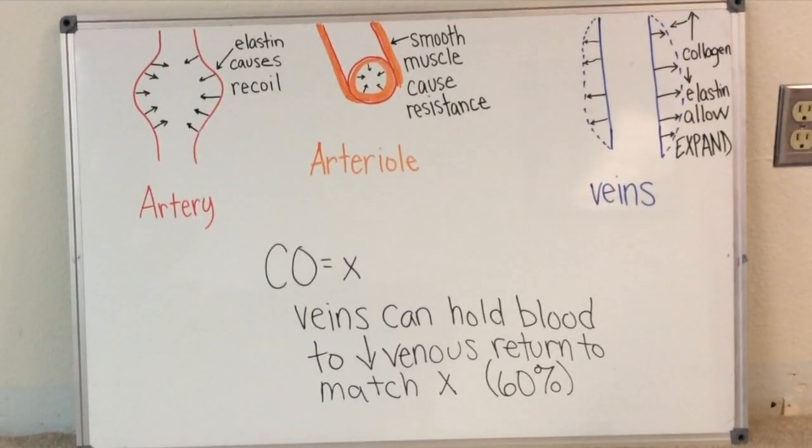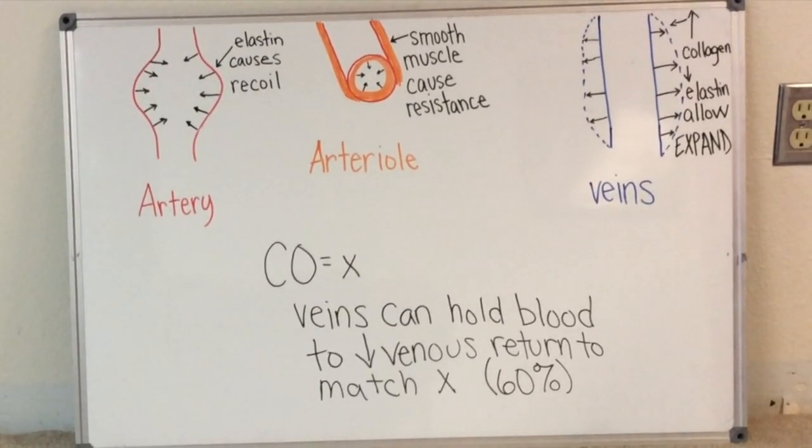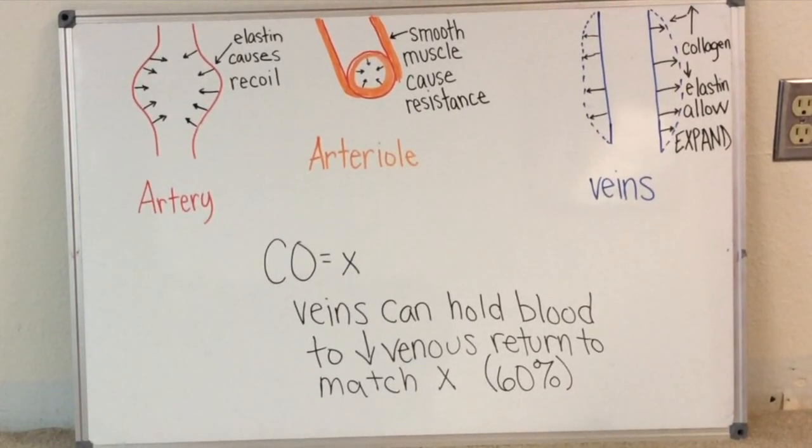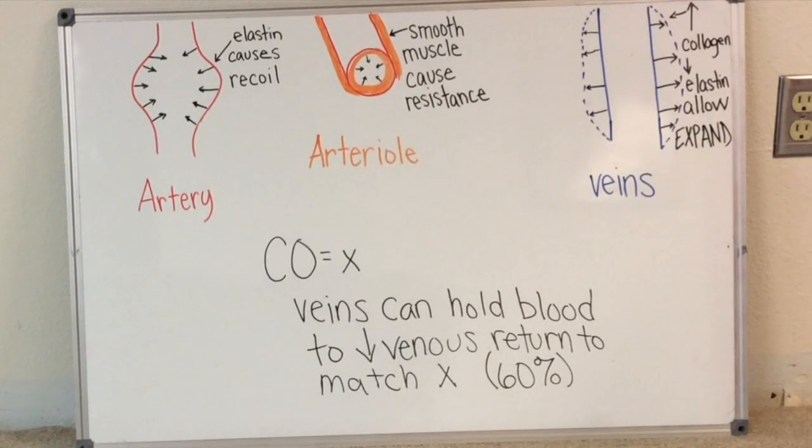Arterioles are our pressure reservoir. They have a large amount of elastin, which causes them to recoil when they expand due to systole. Arterioles, on the other hand, have an increase in smooth muscle and sympathetic innervation. This allows the arterioles to be the main source of resistance within the body to allow for adequate pressure gradients